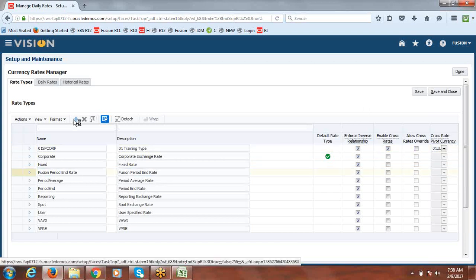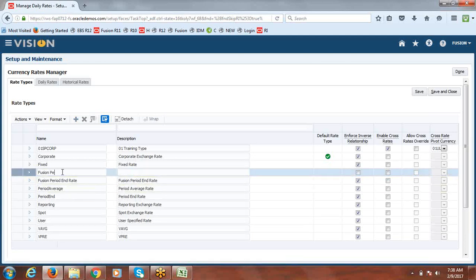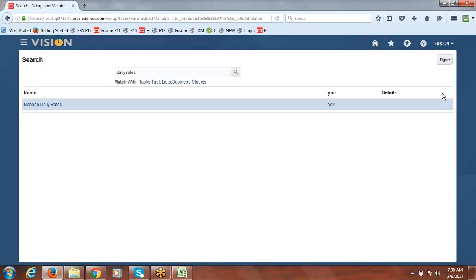And we need one more rate type called period average rate, say Fusion Period Average Rate. Same, just copy and paste here and enable the checkbox, then say save and close. We're done with this task.